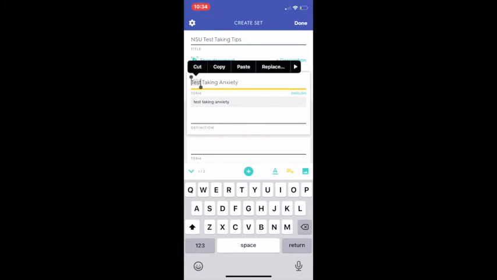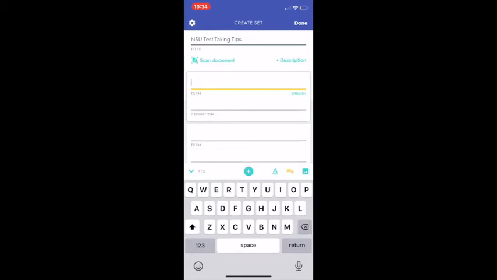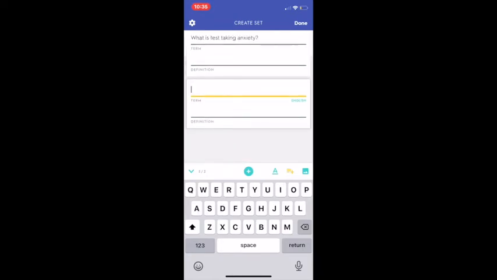And then that works. Or something that I recommend as an academic success coach to my students, and I recommend to you guys as well, is instead of doing it by term and definition, make yourself a question so that you already are in the state of having questions asked to you as if it were on a test, and you could answer those questions. For example, instead of just test-taking anxiety, you can say something as easy as, what is test-taking anxiety? And then after that, you can say, what are the signs of test-taking anxiety? Then you guys can do that, and that's how you can split up your cards and how you can study